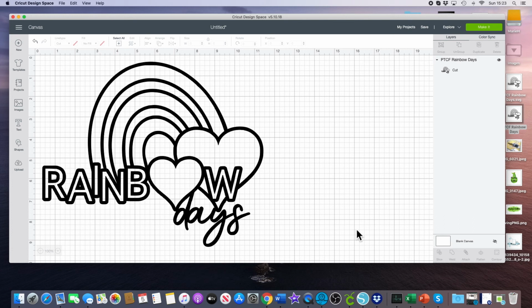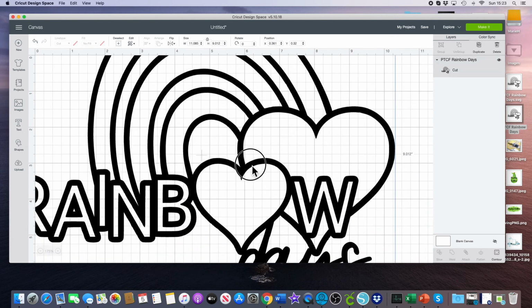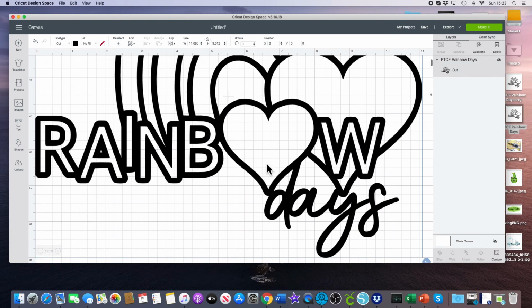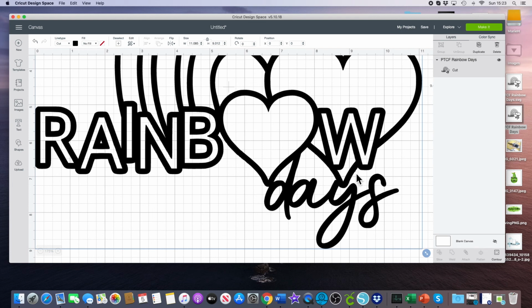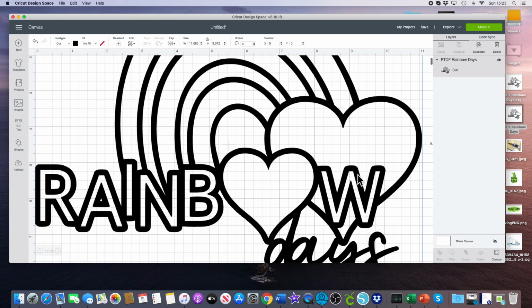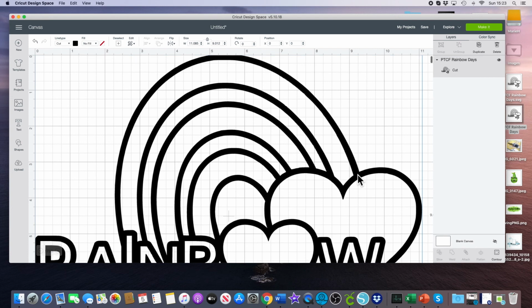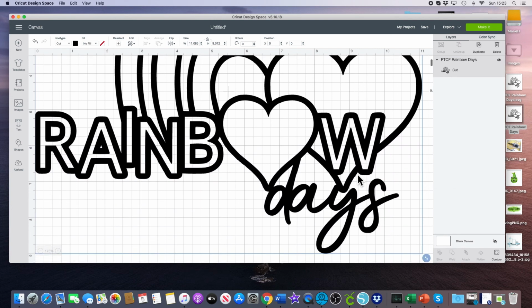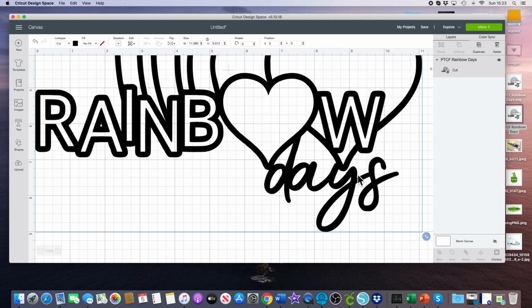Now Cricut Design Space does something really strange with JPEGs and PNGs. I'm not sure I understand why. It is the reason why I use SVGs rather than PNGs and JPEGs, and it's because of what you can see here. Now if I just zoom in, you might be able to see it just around about here. We've got a little bobble on the side of the heart there, and some of the images come out a little bit jaggedy on the edges. This one doesn't appear too bad at the moment, but it can happen, and I have had it that my machine has actually cut it with those jaggedy edges